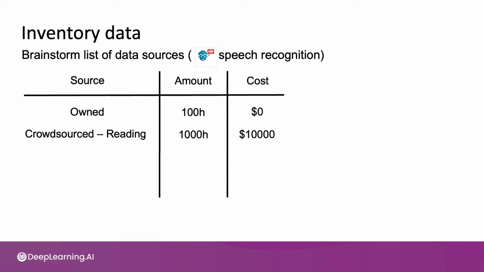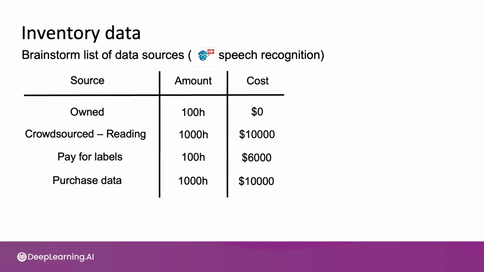So you provide them a piece of text and ask them to read it out loud, and this creates data where you already have the transcript because they're reading a piece of text that you have. Or you may decide to take audio that you have that hasn't been labeled yet and to pay for it to be transcribed. It turns out this is more expensive on a per hour basis than paying people to read text, but this results in audio that sounds more natural because people aren't reading. So for 100 hours of data, it may cost $6,000 to get high quality transcripts. Or you may find some commercial organizations that could sell you data.